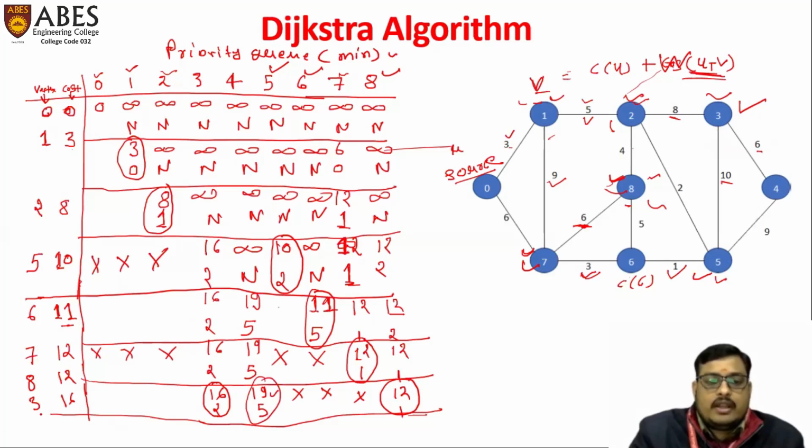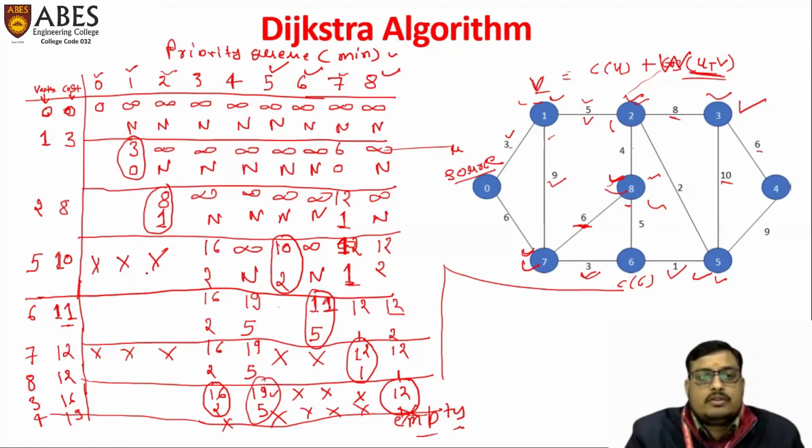So the cost of 4 will be 19. Now we can see here all nodes are removed from the priority queue, and now the priority queue is empty. So whenever the priority queue is empty, we will stop and